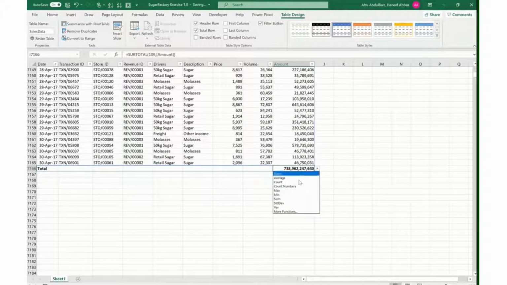But you also have options of changing the functions to either average, count, minimum, maximum, and standard deviation amongst others. For now, we're going to leave it at the sum function. So if you need to see subtotals or grand totals, you can always use the total row button under the Table Design tab. I'm going to uncheck this now,